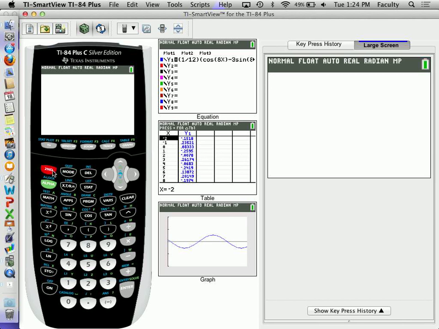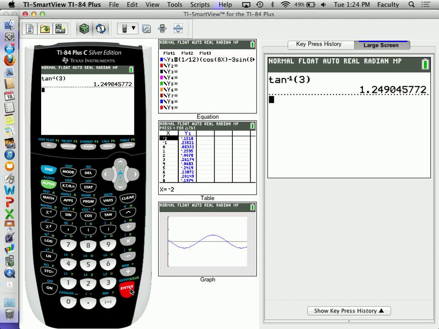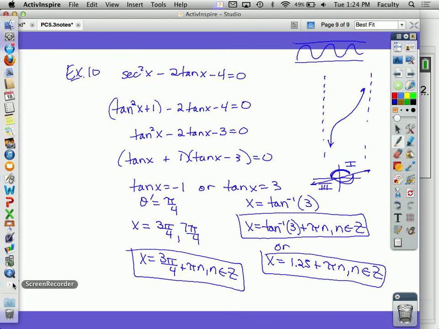So all you're going to do is inverse tan 3, check your mode. I did check it, okay. I don't know if I did. So I'm getting like 1.25. So the other answer would look like this, 1.25 plus pi n, where n is an integer, okay? So again, whether you have a calculator or you don't have a calculator. All right, that finishes our notes. So let me turn my